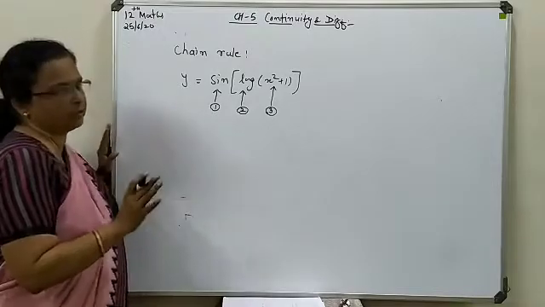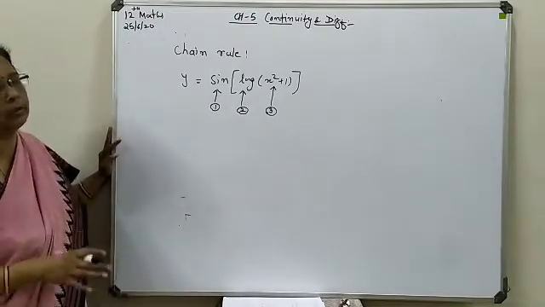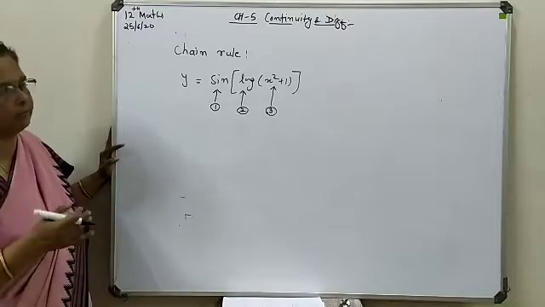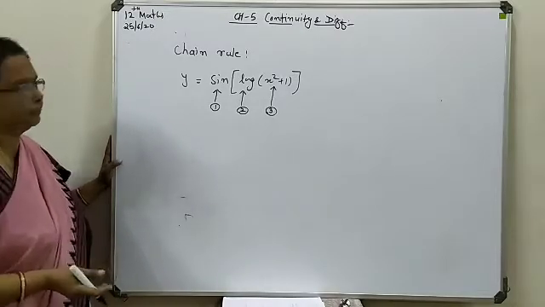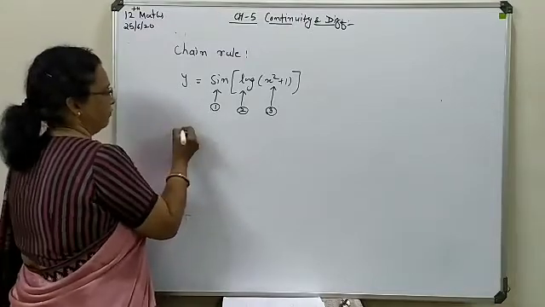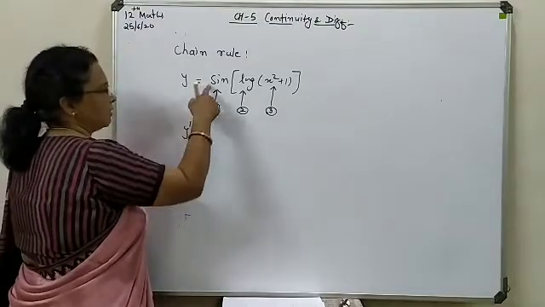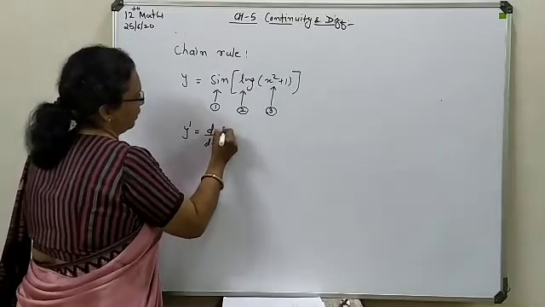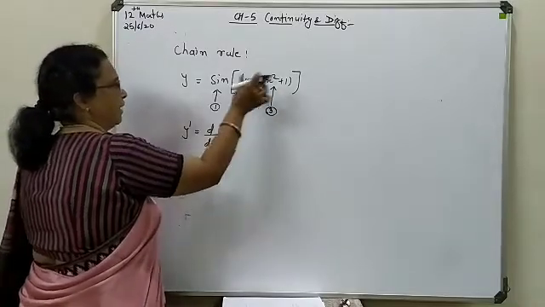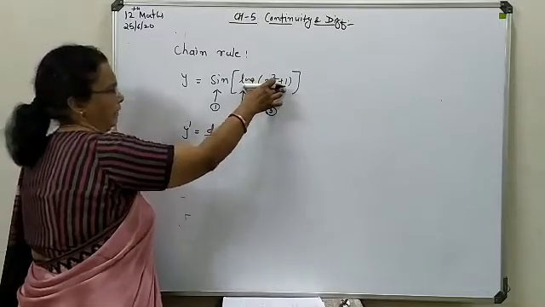What are the differentiations? That we are not going to write. Only the rule I am going to tell you. Before that we will make a list of all the formulas and then we will go for the solution. Now here, if you are going to find the derivative of that, first of all you will have the derivative of the main function, that is your sine. This whole you will treat as a theta angle. So this is sine